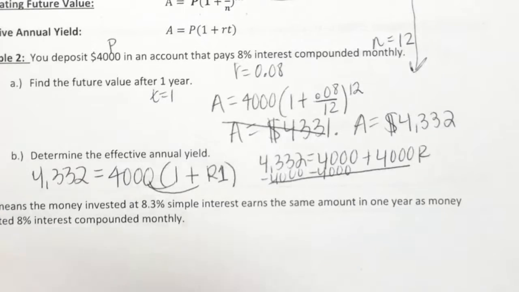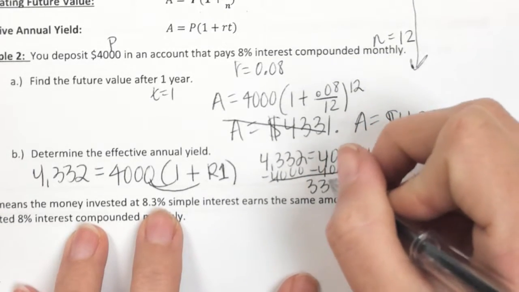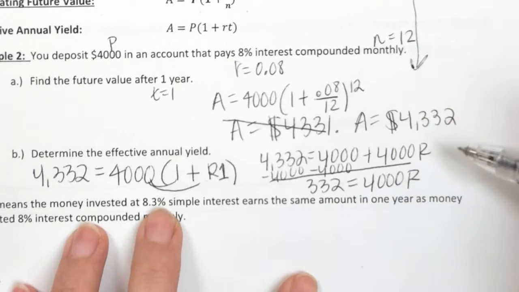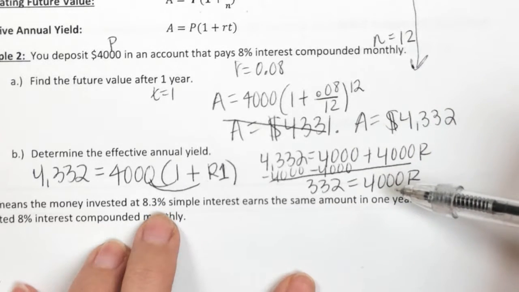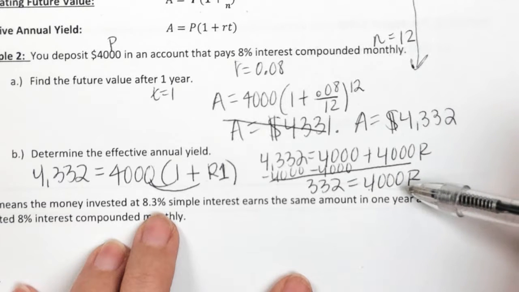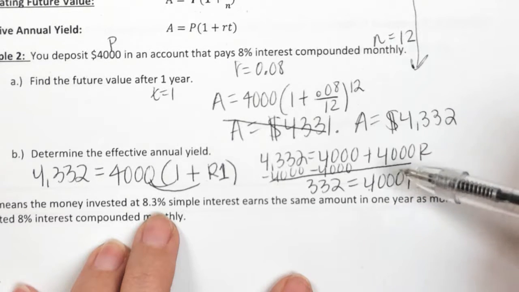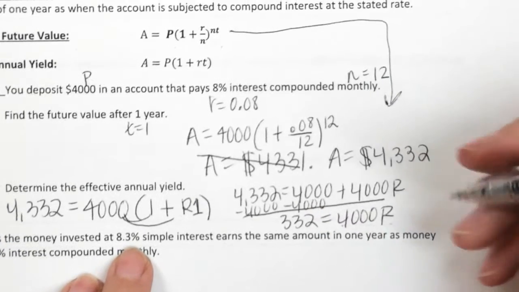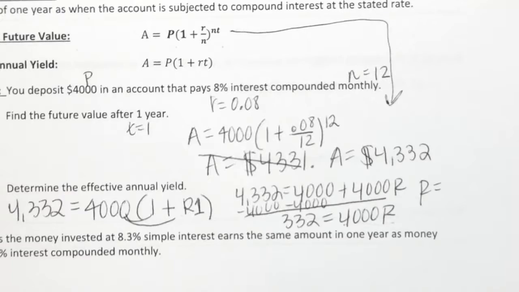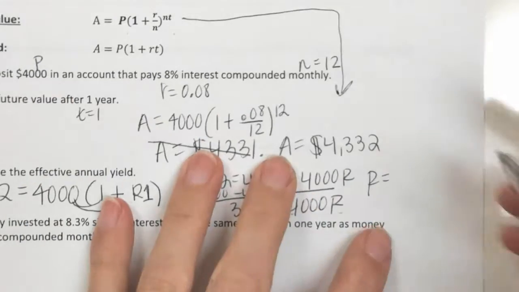So when we subtract, we'll get 332 equals 4,000 R. And then from here, to get rid of the 4,000, we've got to do the opposite operation. So it's being multiplied by R. So now we're going to do the opposite and divide both sides by 4,000. So once you type in 332 divided by 4,000, you'll get